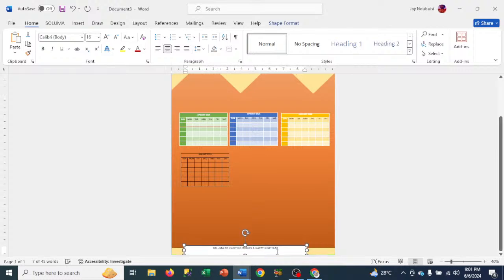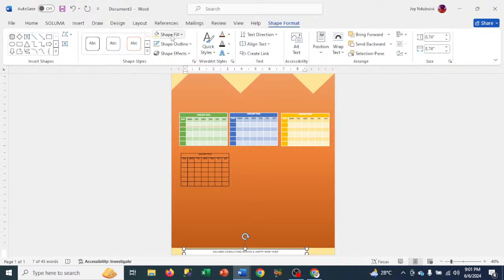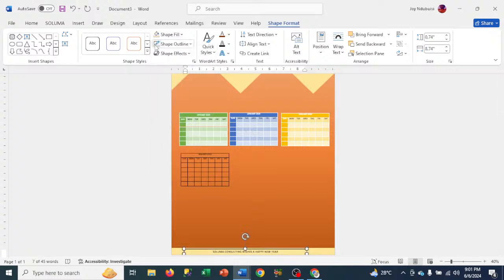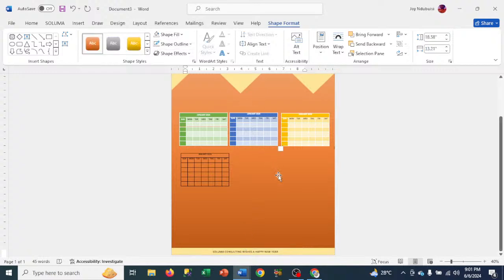Can bring it there inside that place. So once I'm okay, I can go to shape, say no fill, come to this place, say no fill, and then no outline. So that becomes as if it's not inside any particular outline. It's not inside any shape. So with that, we can move up and then position